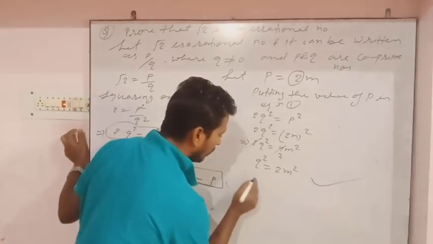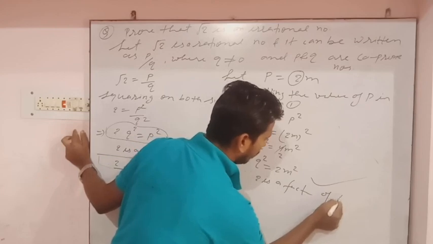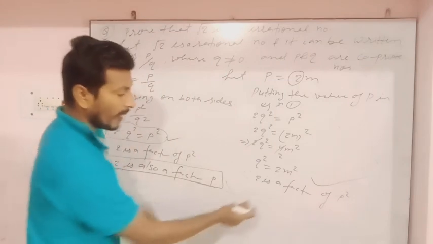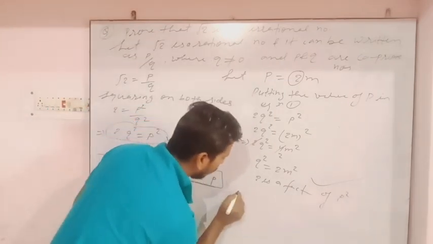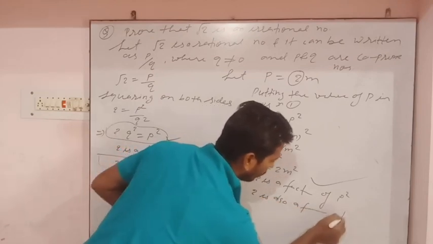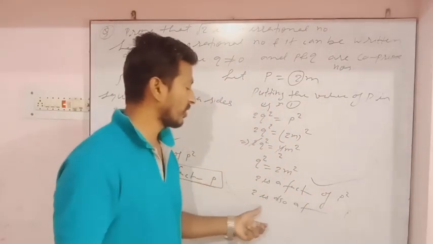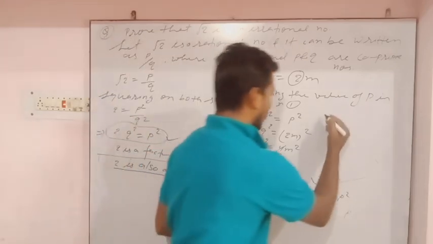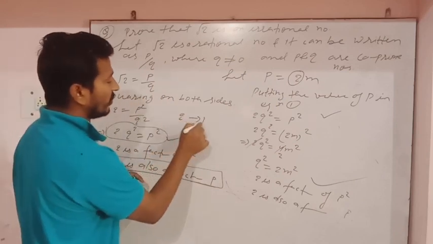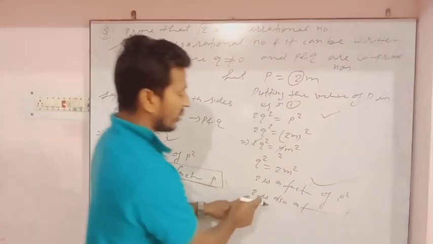So we can write 2 is a factor of q square. Therefore 2 is also a factor of q. 2 is a factor of q square. Therefore 2 is also a factor of q. And now what is the conclusion we are getting? That 2 is a factor of p and q both. पहला इक्वेशन जो था वो बोल रहा था कि 2 is a factor of p, and in second equation 2 is also a factor of